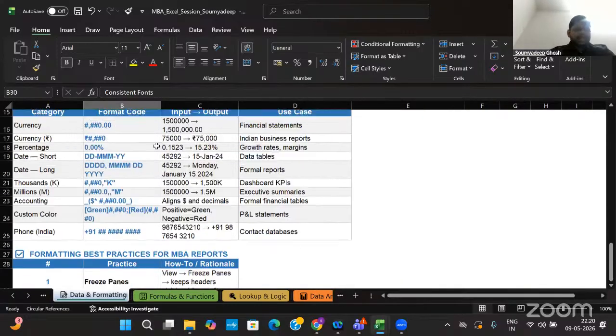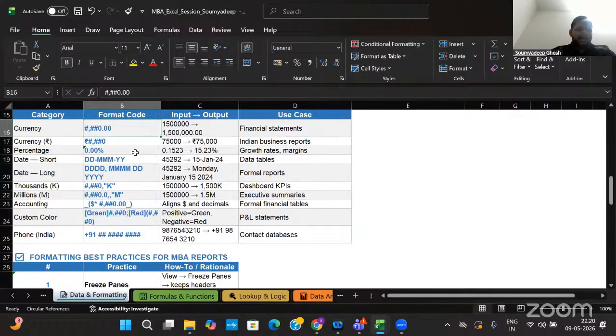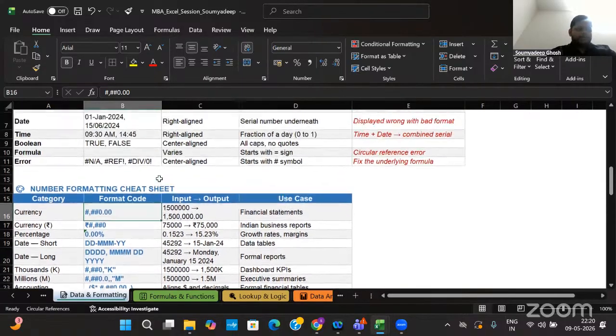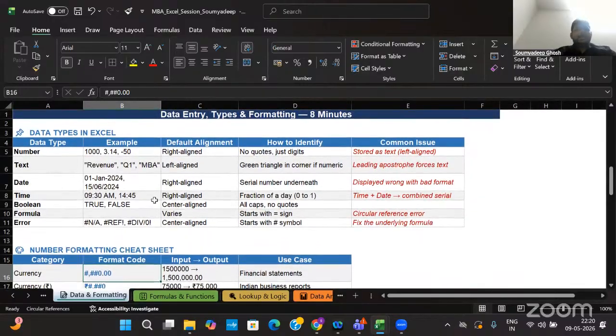Again, there are other formats too. You can refer to this particular sheet for more number formatting. And yeah, in Excel, if you apply some formulas in the wrong format, in all of those cases you can see this kind of messages. So if you see this kind of entries in any Excel sheet, you should think about how we can fix that particular formula.